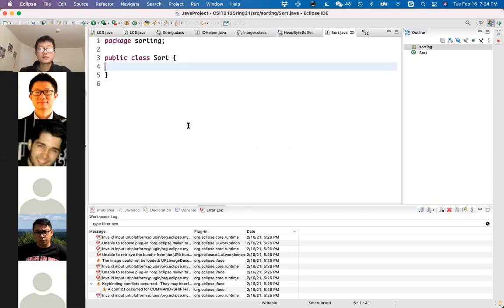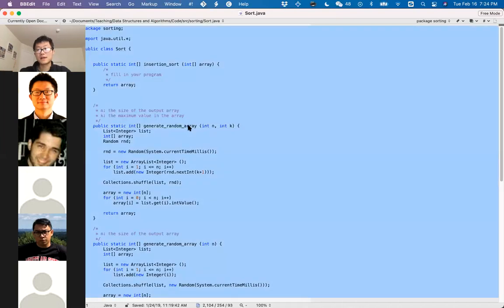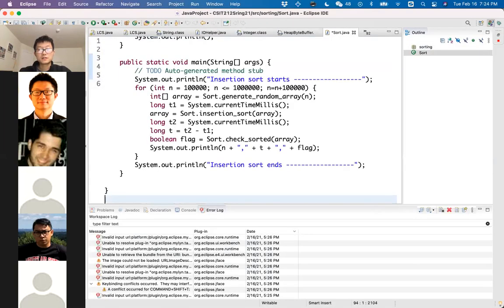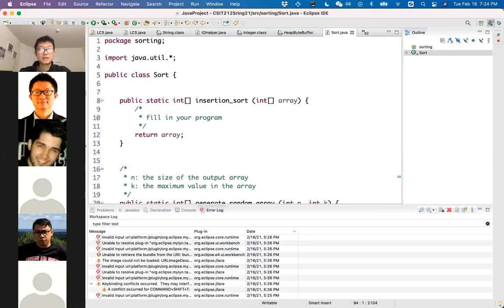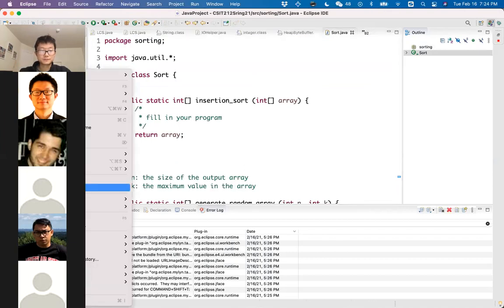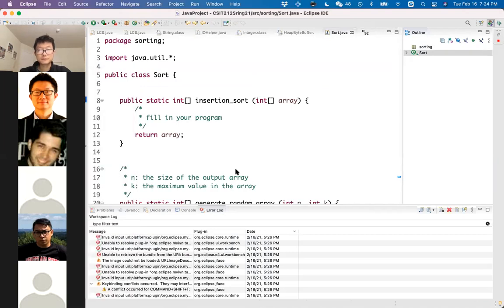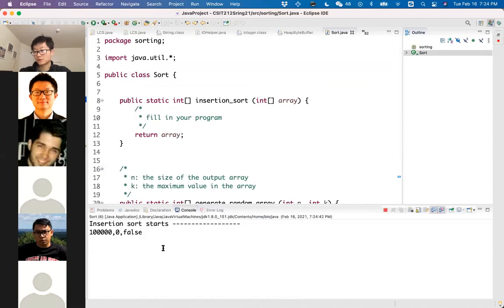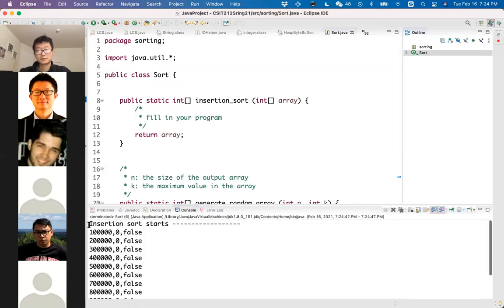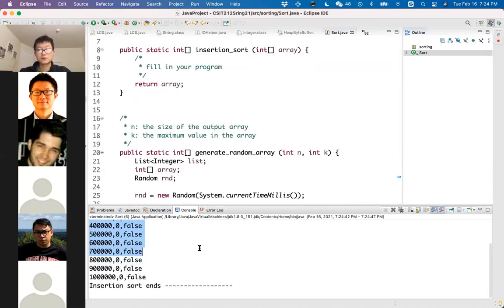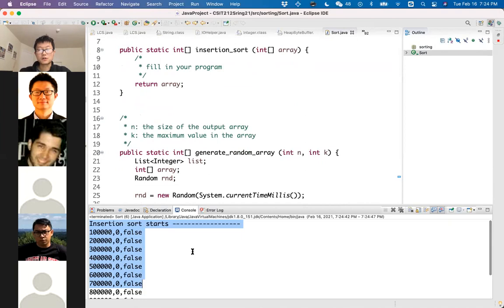After doing that, you can just copy and paste the skeleton code that I provide to you over here, and then you can just execute this code. So now you should be able to see the output. Okay, so this is how you should start your program, your homework.